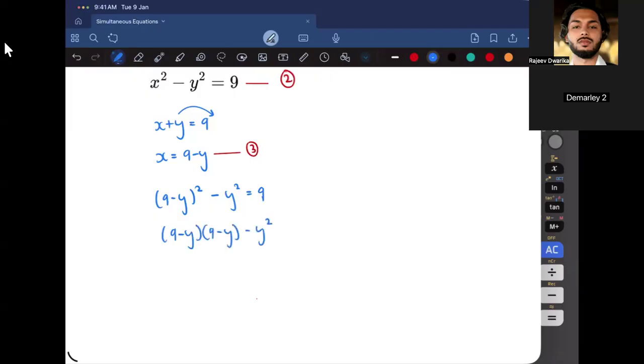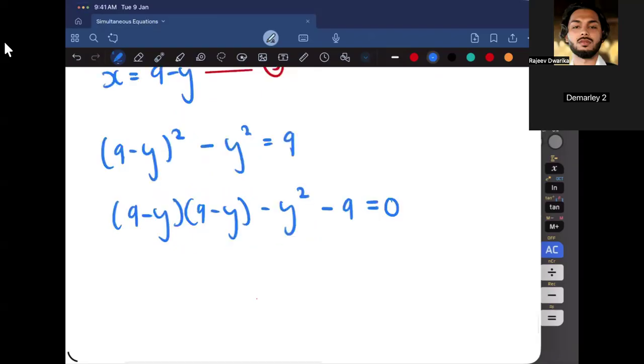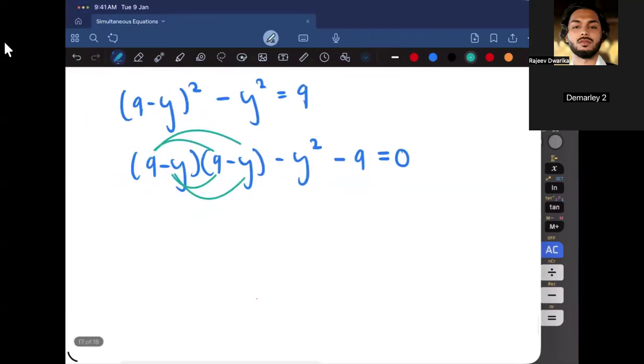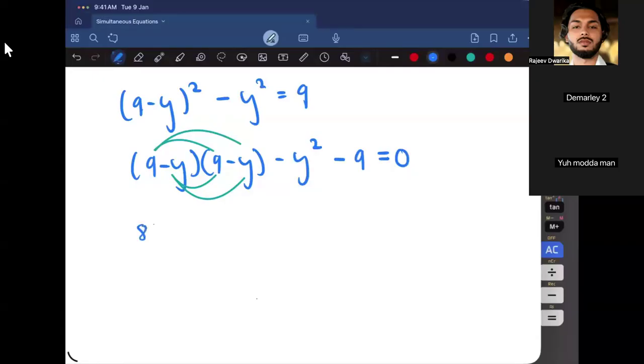I'm going to move across that 9 because we're going to form a quadratic, so it turns to minus 9. It's going to be 9 by 9, then 9 by minus y, then minus y by 9, and minus y by minus y. So quickly, 9 by 9 is 81, 9 by minus y is minus 9y, minus y by 9 is minus 9y,